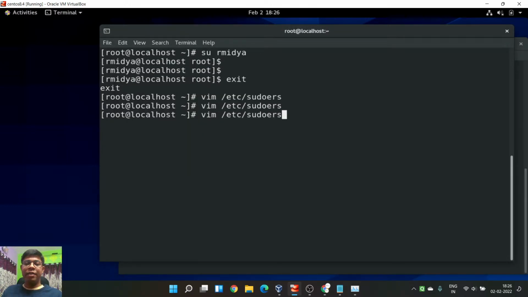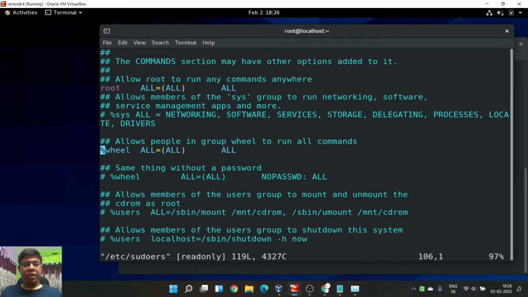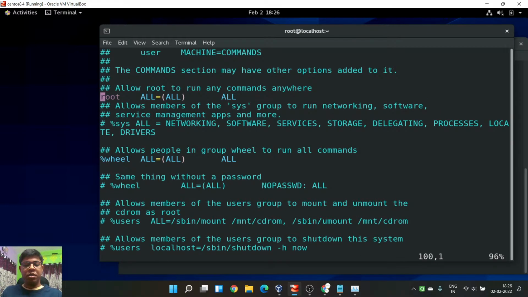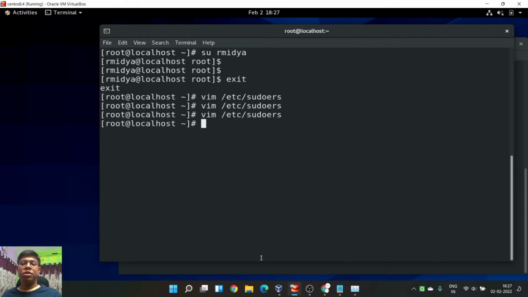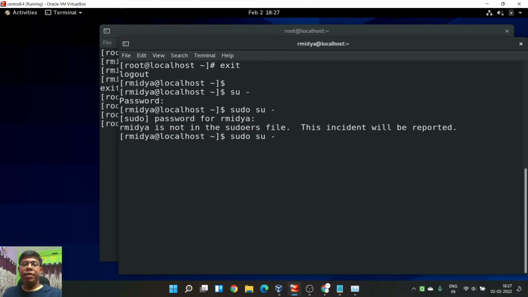So as soon as I give the power here, let me do this. Ctrl YY to copy and P to paste. Then here I will just change it to the other user name. Randomly you cannot do that, but you can do this. Now if I do the same thing, sudo su hyphen, it is asking me for the password. Definitely it will ask for the password of my user, not the root account password.